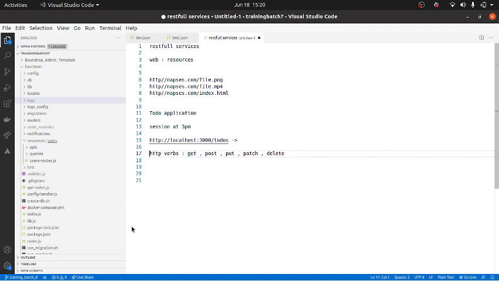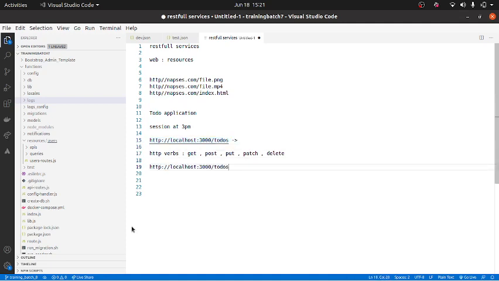So these are the HTTP verbs that exist, and using these HTTP verbs, you can do multiple things to the resources. Say for example, I have a URL /todos. How can I use all these HTTP verbs? Let's take a look at that.